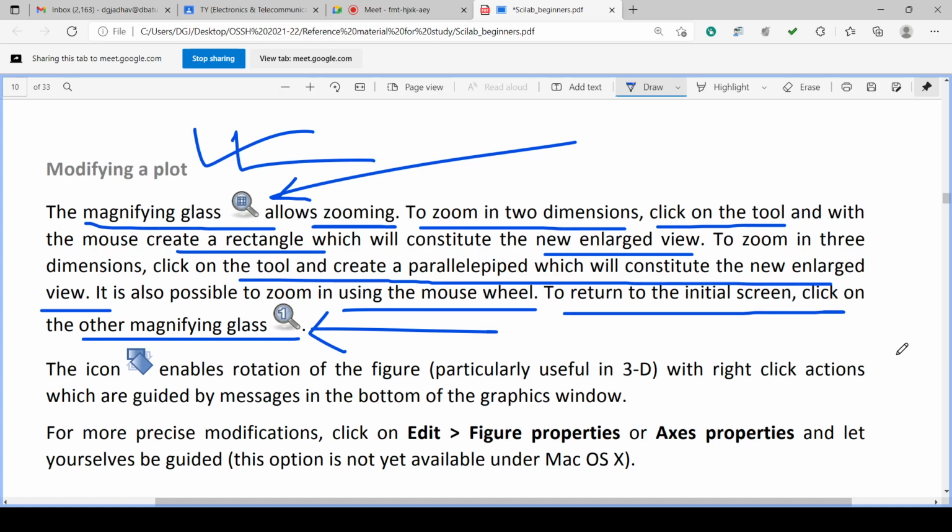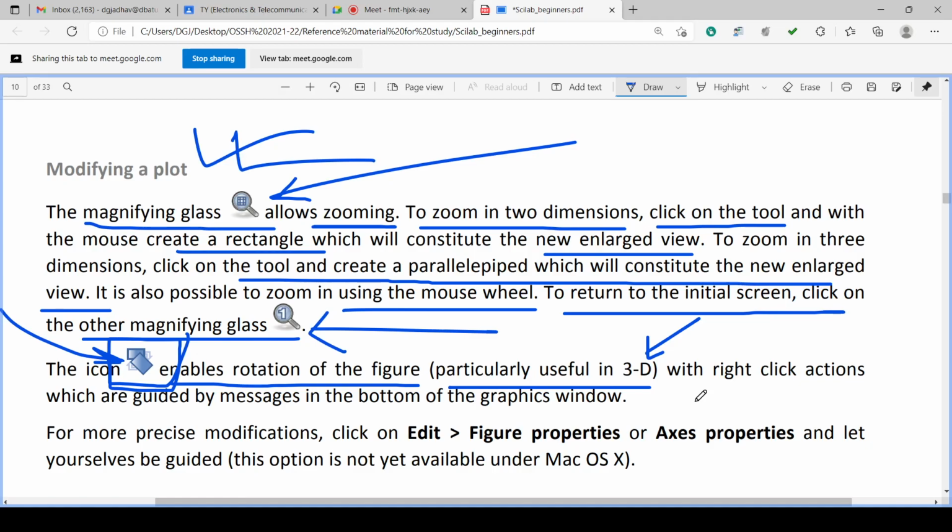Then there is an icon like this. This icon enables the rotation of the figure, particularly useful in 3 dimensions, because 3 dimensional figures have more dimensionality than a plane figure.